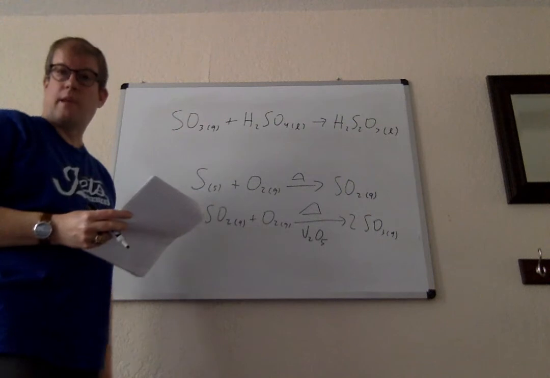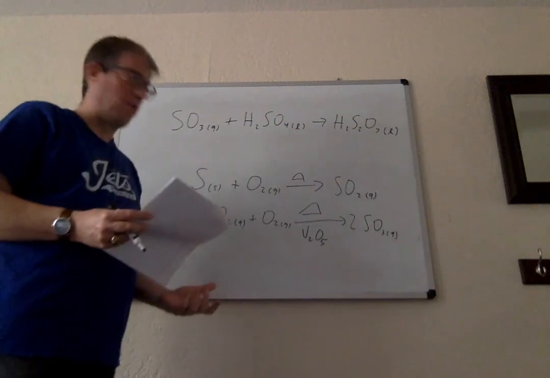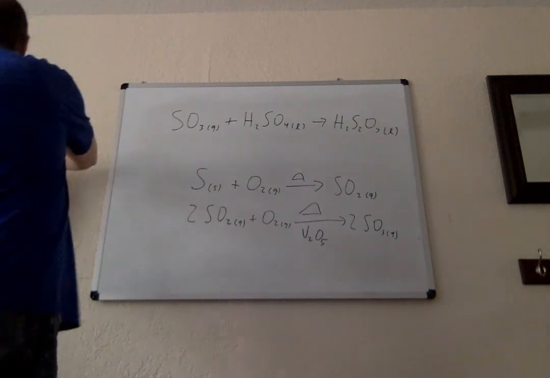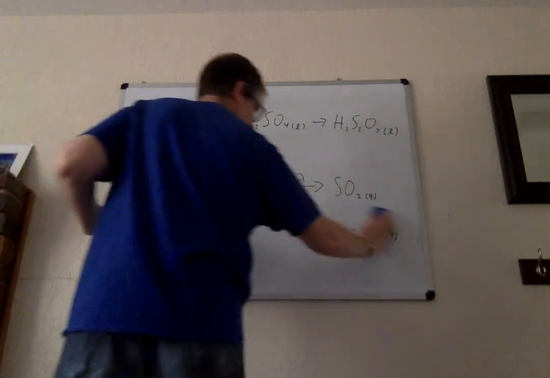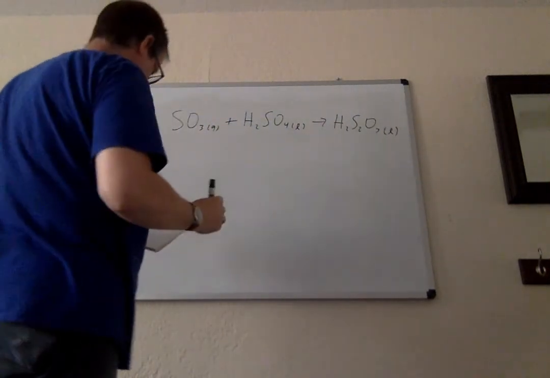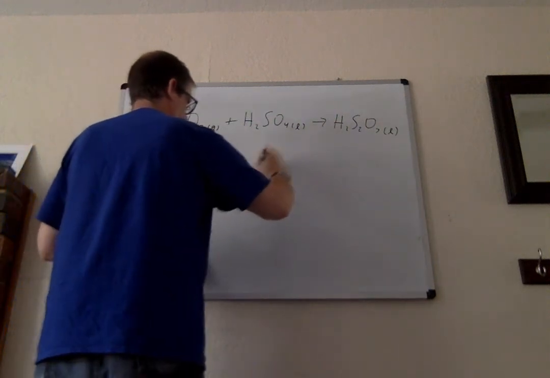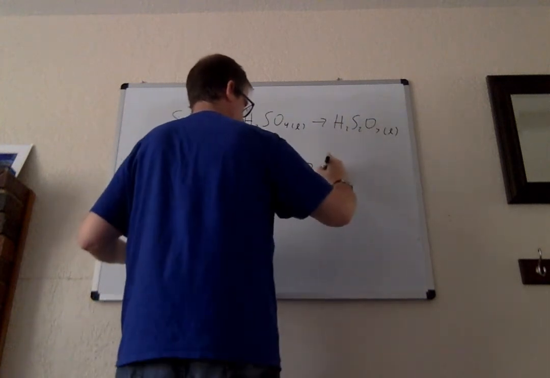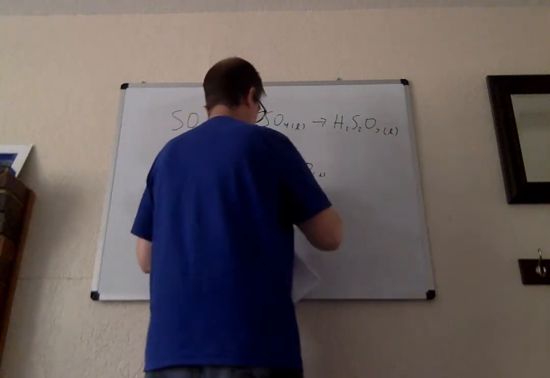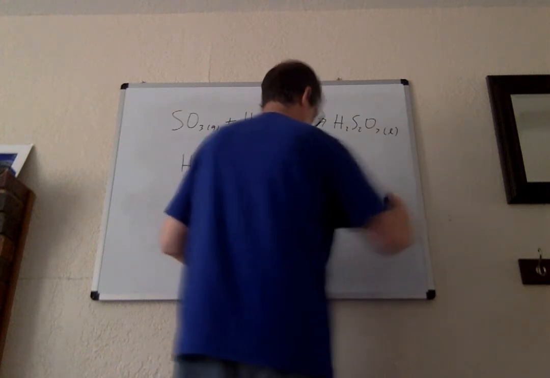And so there's a couple of advantages here, one of which is you're dealing with a liquid. You can add that much slowly and much more controlled to make the sulfuric acid rather than bubbling a bunch of SO3 through. And then what you do with pyrosulfuric acid is you combine that with water. That gives you your end product.